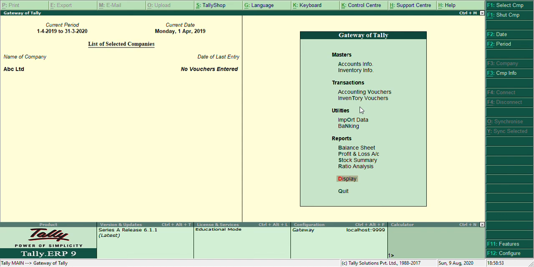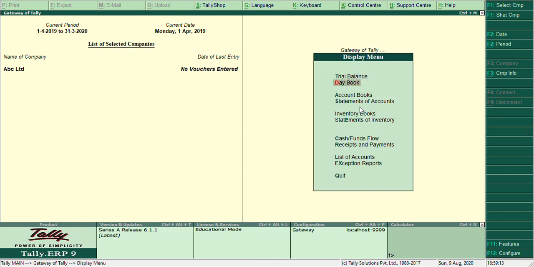In manual books of accounts, it is not possible to arrive at outstanding reports at the entry level itself. So view the outstanding reports.